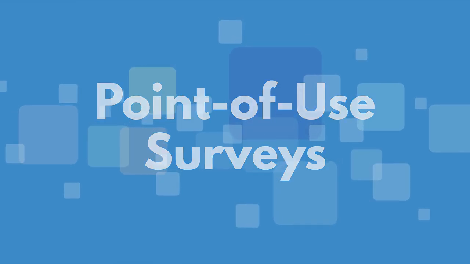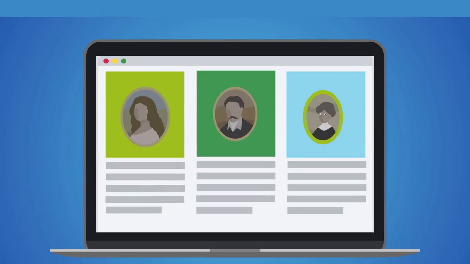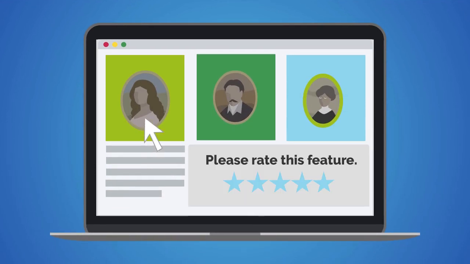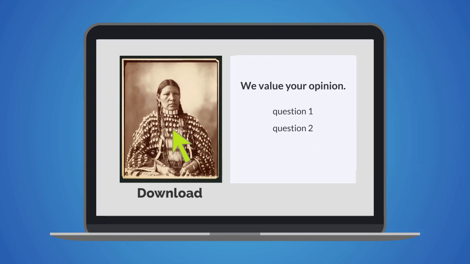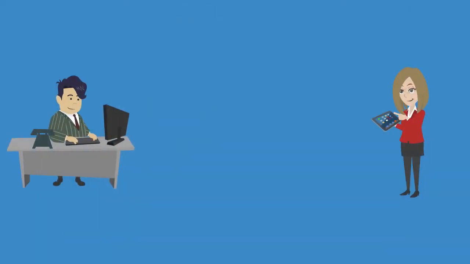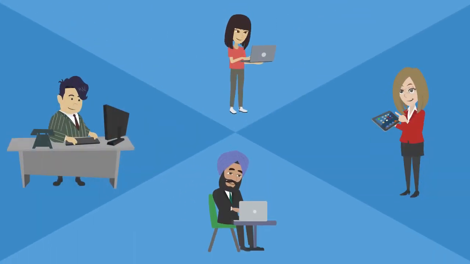A point of view survey is a type of survey that appears on your website at the place where people are using a particular feature. For example, when someone visits a download page for a digital image, you could offer a brief survey with just a couple of questions. This type of survey is a good way to learn more about the reuse practices of